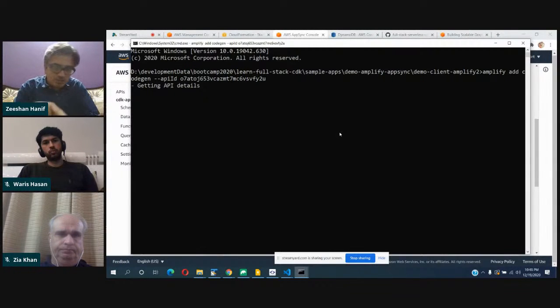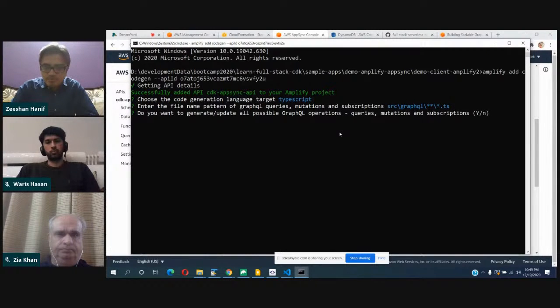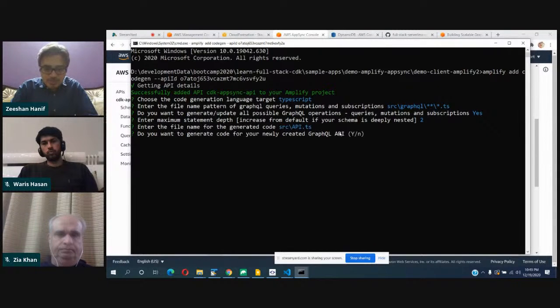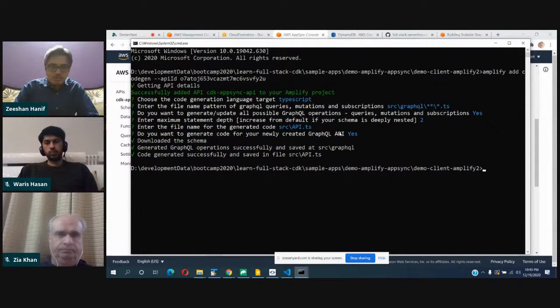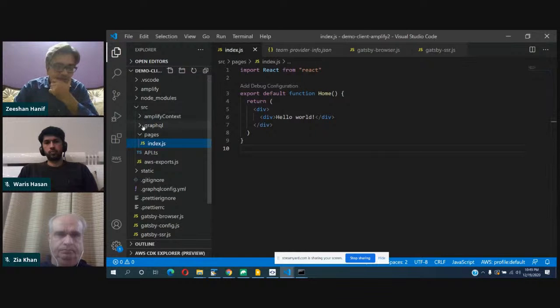Now that's what Waris mentioned to us, that it will fetch all the API. It will ask a few questions. Do you want to generate in JavaScript or TypeScript? Let's select TypeScript. What will be the path you want to use? So these are the default steps, all in all. Just at the step of selecting TypeScript or JavaScript, I selected TypeScript. Otherwise, everything was default. So what it will do is create a GraphQL folder, as was shown